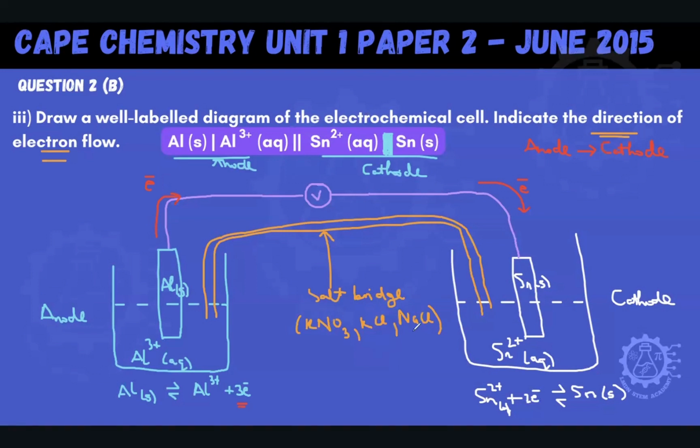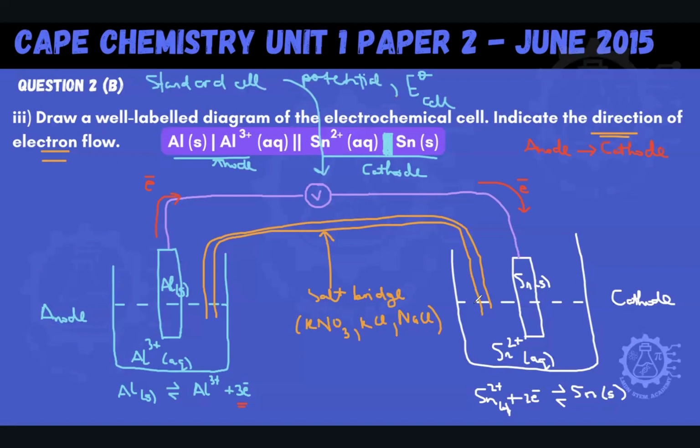Our voltmeter reading will be here. And as I said, let me make it very clear at this point that whatever that voltmeter reads, that's what we're going to call our standard cell potential. For short, you may see it written as E standard cell. Whatever the voltmeter reads, that's the standard cell potential because we've connected two half cells under standard